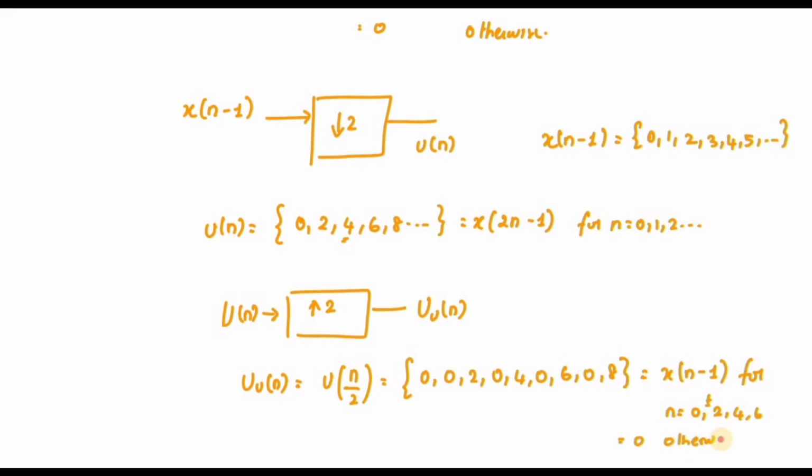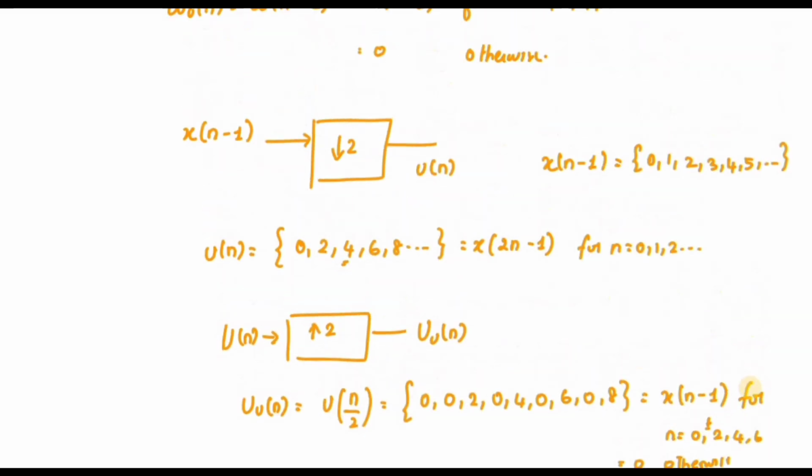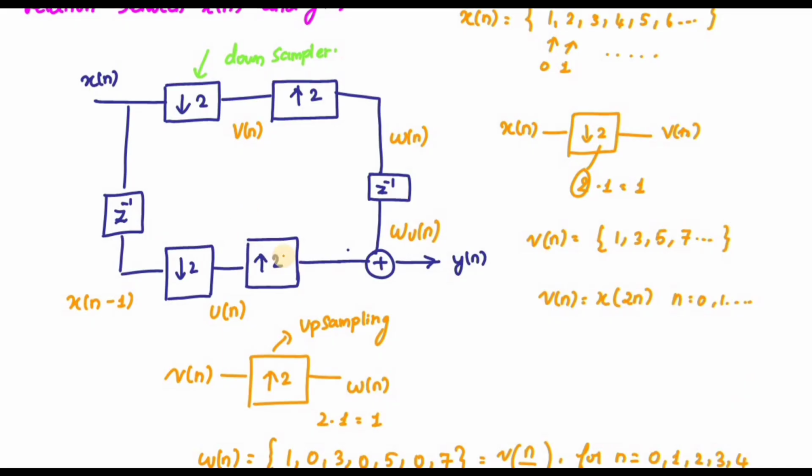If I substitute 0, it becomes 0. If I substitute 1, it is 0. If I substitute 2, it is x of 1, and x of 1 is 2. So this is my answer. Overall, I am going to add. So what is my y of n? y of n is equal to w of n plus u of n, which is nothing but